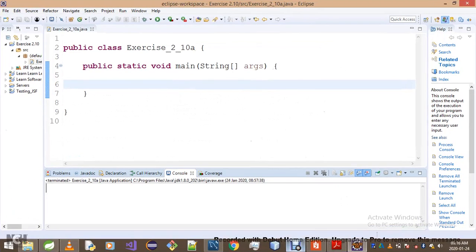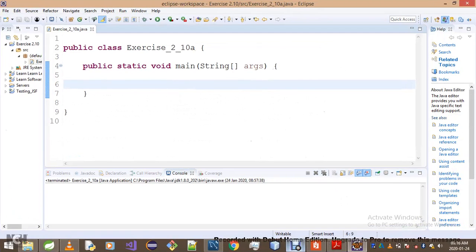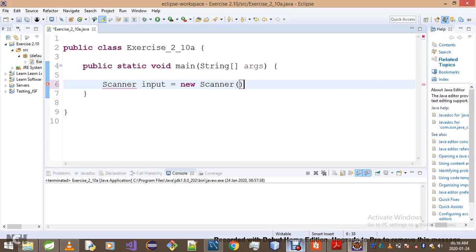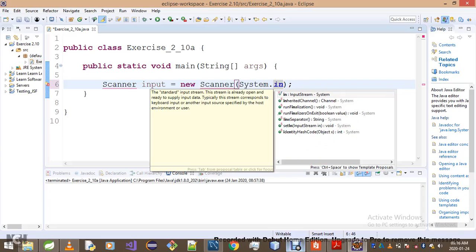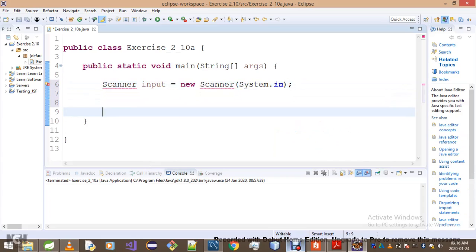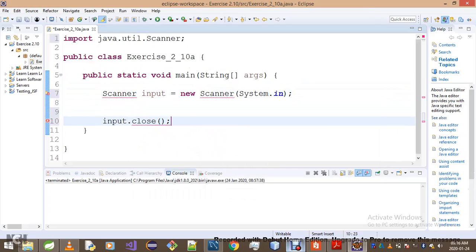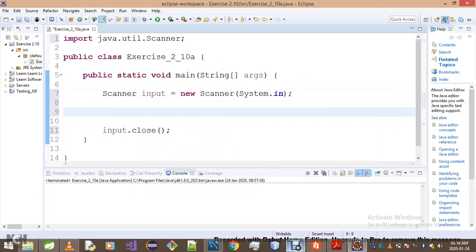Okay, without any further ado, let's jump on to our solution from student A's perspective. So student decided to have a scanner, call it input, equal to new scanner System.in, and then we simply close our scanner. Okay, right in between we simply declare a variable